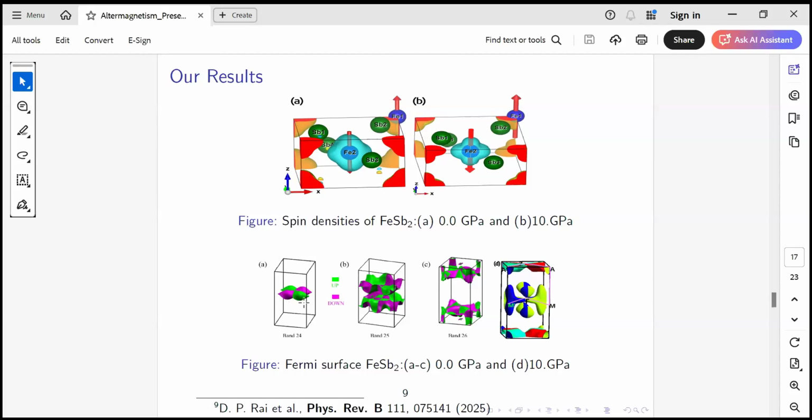So green color represents, in figure A, spin up, and the purple color represents the spin down. So spin up and spin down have been nicely separated in the Fermi surface. Okay, so